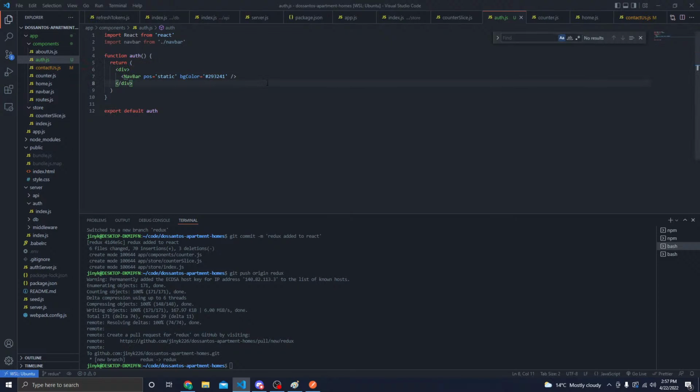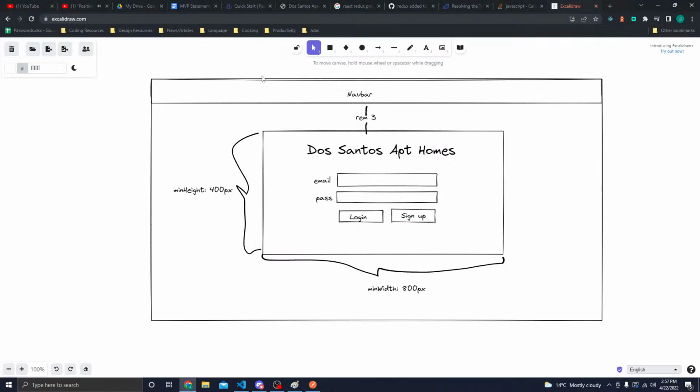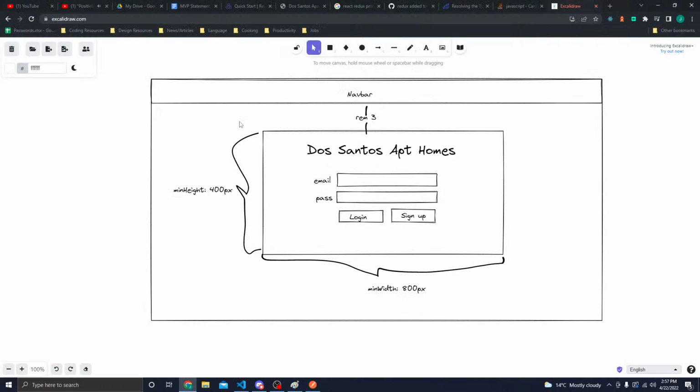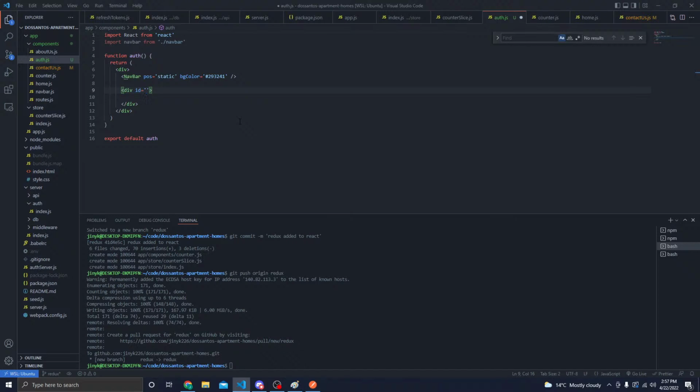Let's see. Div, we're going to have the nav bar first, and then after the nav bar, we want there to be spacing in between these two. And I think I can go ahead and place those inside of this div right here. And then we can give this an ID equal to, let's just say, auth div. Terrible name, but that's all right. I actually could just call this auth div, but I don't really know how to do that without something like CSS